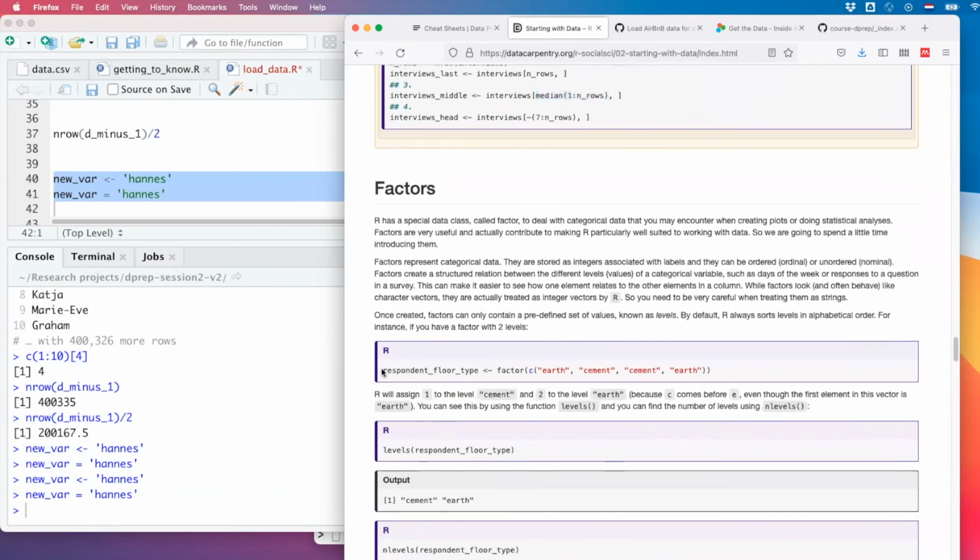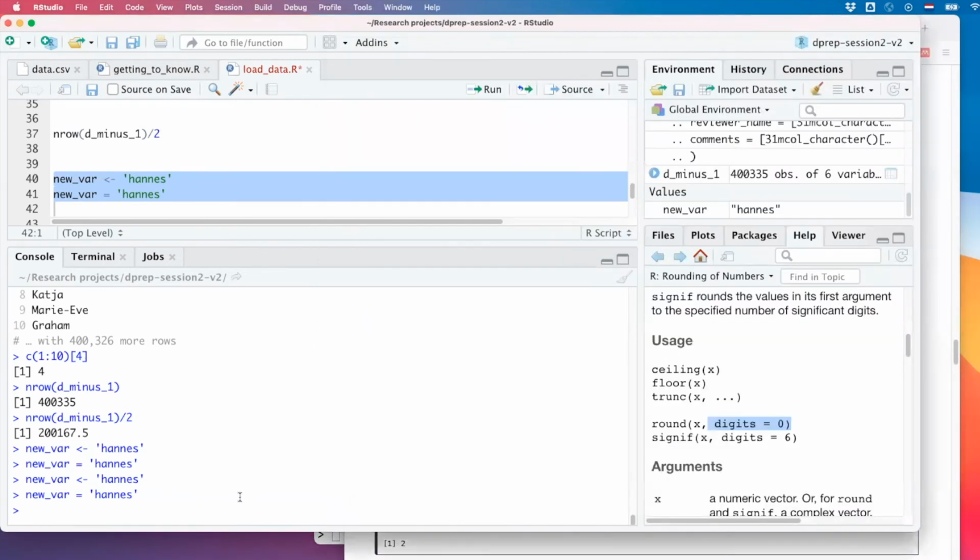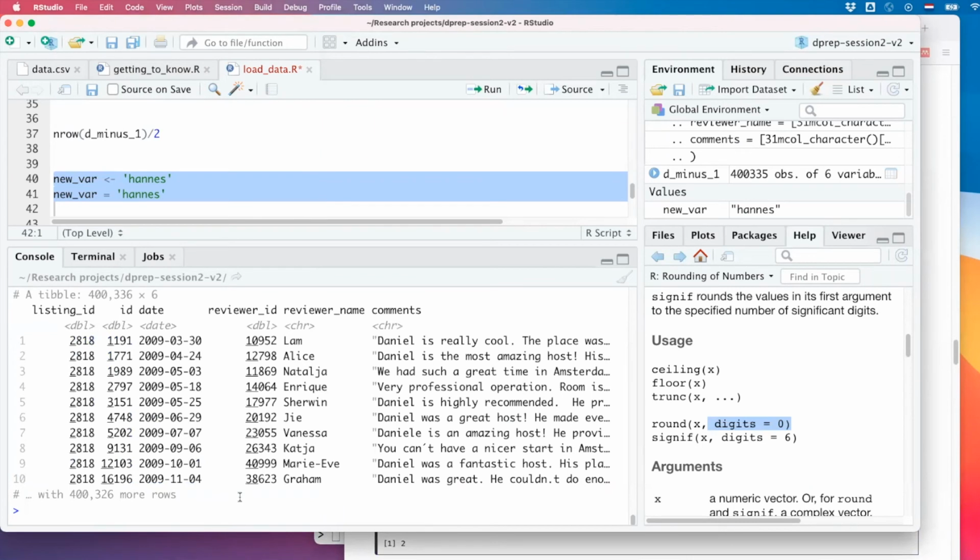This is an interesting data type. It's called factors. When we look at our data, we can look at the class. Oh, actually, it's already up there. I think it's character. Let me try to think about this a little differently.